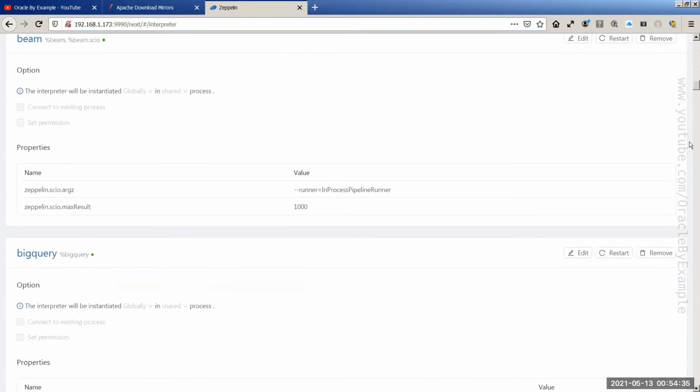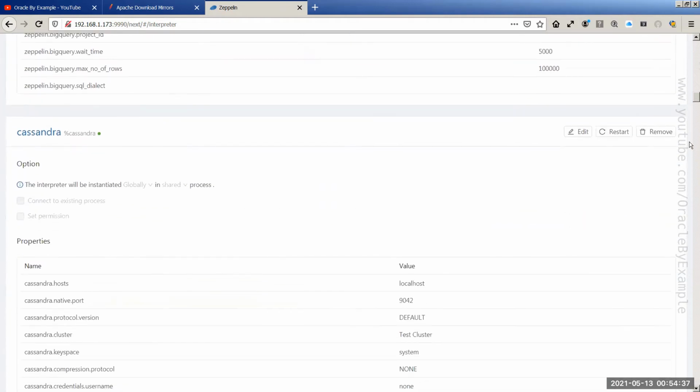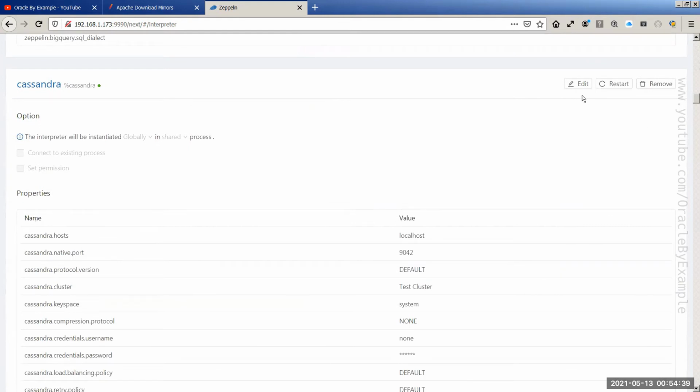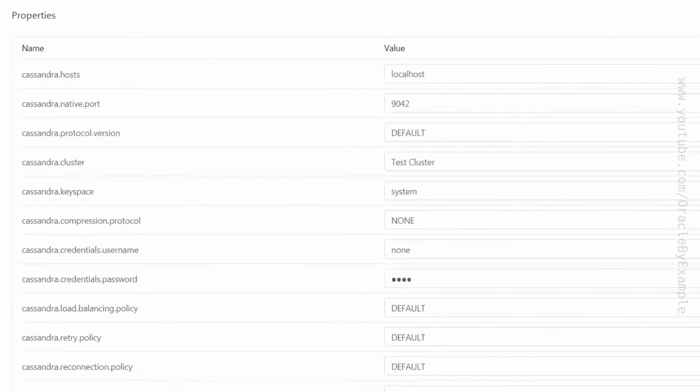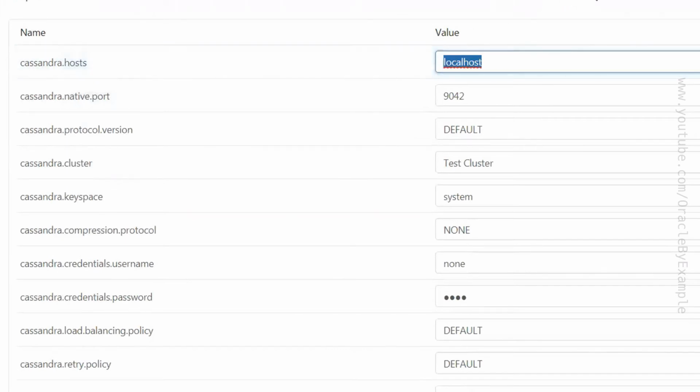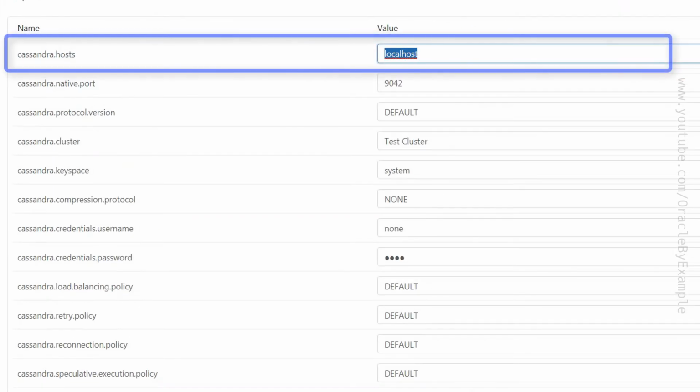I will scroll down and find Cassandra section. I will now edit the Cassandra configuration. I have a 3-node Cassandra cluster and I will provide a couple of IPs from my Cassandra cluster.